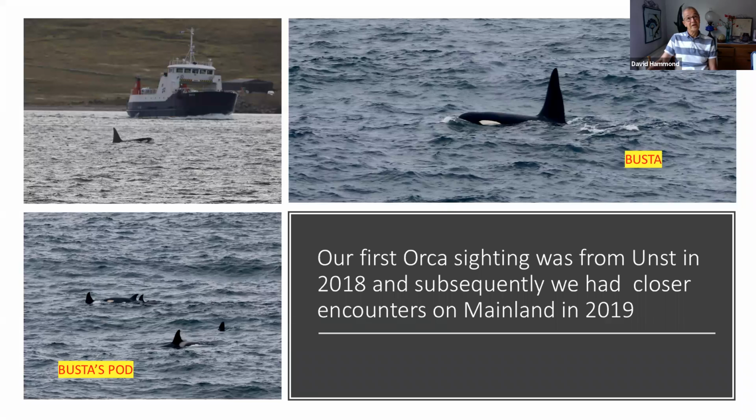They have about 3 main pods that circulate between here and Iceland and various other locations. So they record them quite easily. They record the fin nicks, the body nicks, and the colours, so they know exactly who it is. And this is Buster's pod,